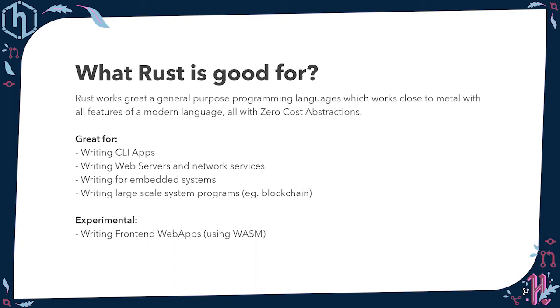So what it's great for is writing CLI apps, obviously. Then writing web services and network services, because it's so close to the metal, and it compiles down to LLVM. Basically, it compiles to LLVM bytecode, which is a very low level virtual form. LLVM stands for low level virtual machine. It's basically ahead of time compilation. It's lower level than your JVM compilation, because for the JVM, you need a JVM binary to run,